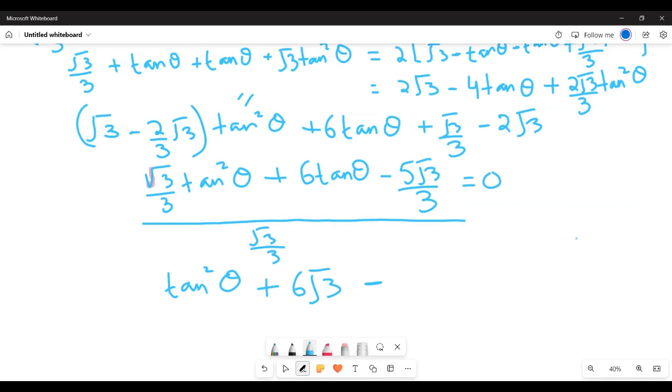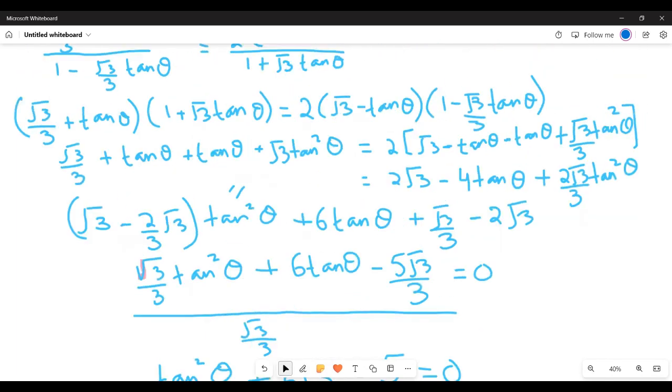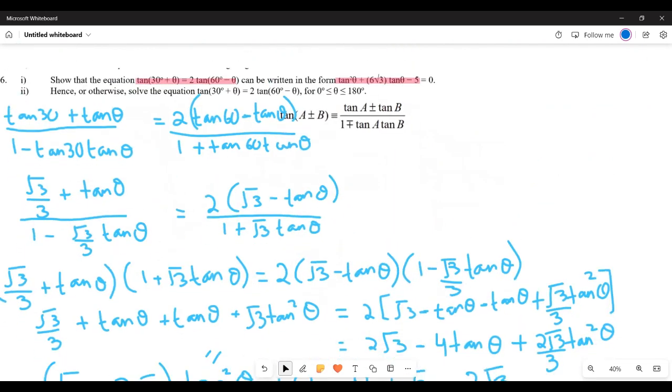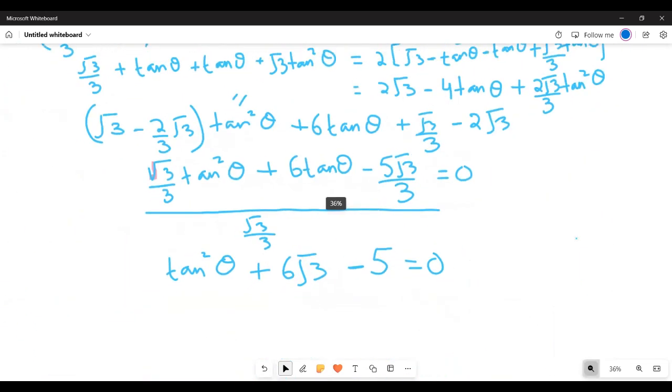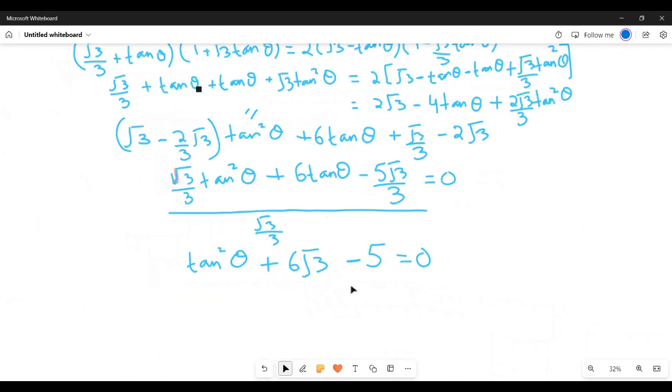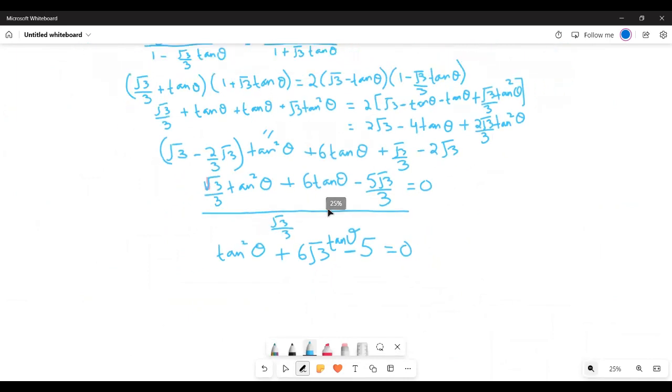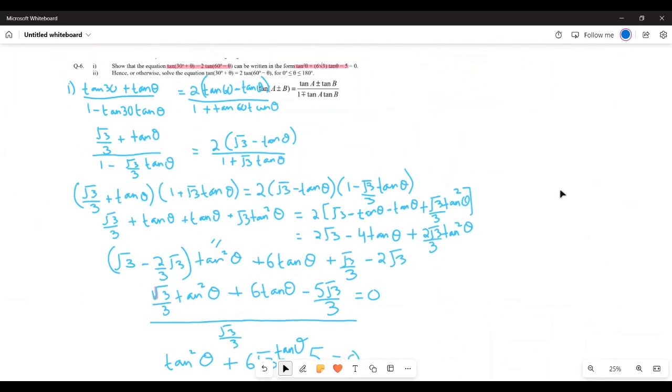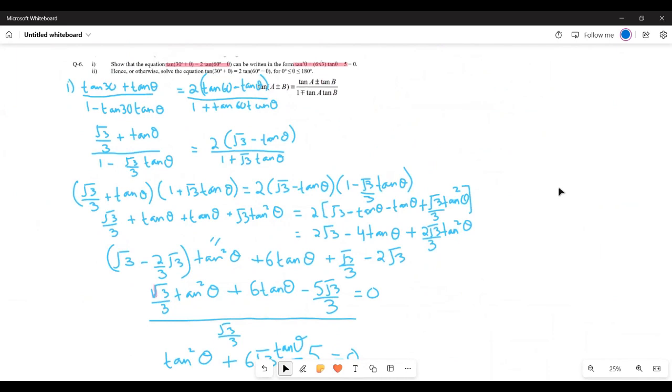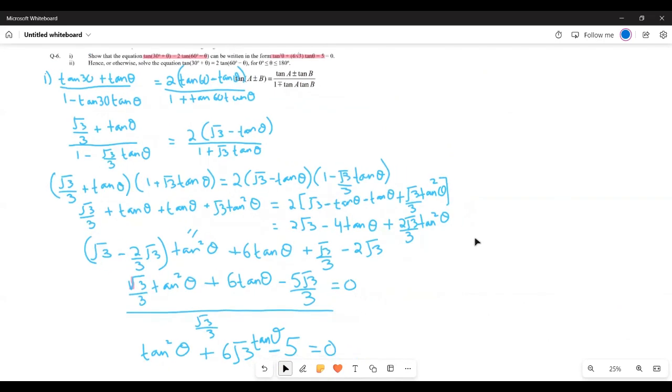Yes, it's just 5. So minus 5 equals to 0. Is this what we were supposed to show? Yes. So you got the required quadratic equation. Actually, I've missed tan theta over here. This is just simple algebra. There are some surds rules involved, but you don't need to know that as long as you're using the calculator properly. Any questions here